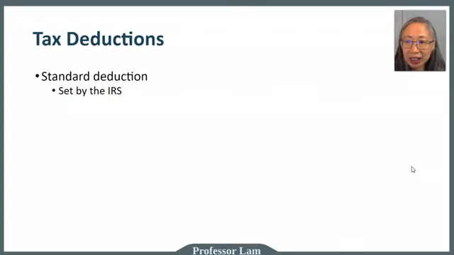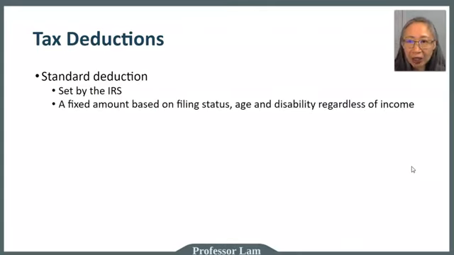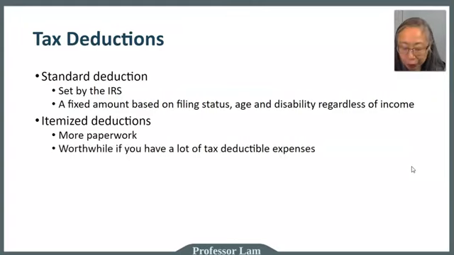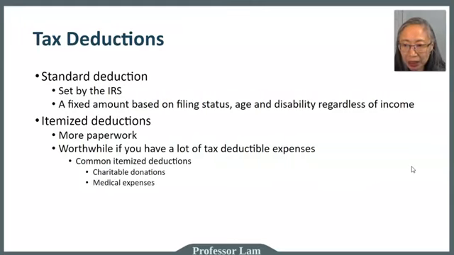In addition to the standard deduction, you can also itemize your deductions, so you can determine exactly what your individual expenses are. Itemized deduction takes a lot more paperwork. It is worthwhile if you are in a situation where you have a lot of tax deductible expenses. The most common deduction items include donations or medical expenses. So if you have a lot of medical expenses, or if you make a lot of charitable donations, then it may be worthwhile to take an itemized deduction. For most individuals, the standard